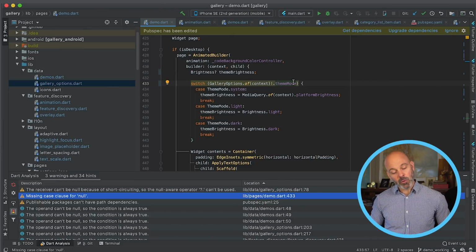It turns out that won't crash the app because there's some default logic here. But it's a latent bug in this code that was found by null safety. And if I was editing with this code, I would have been told this right up front. So that's one of the really nice things about working with null safe code that I hope you find valuable.